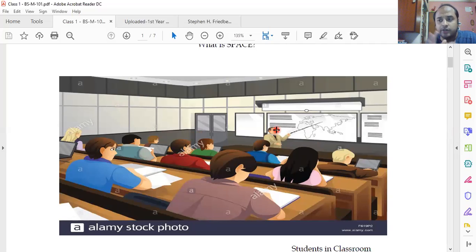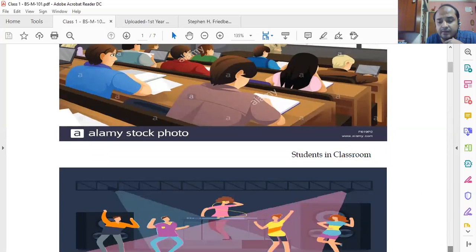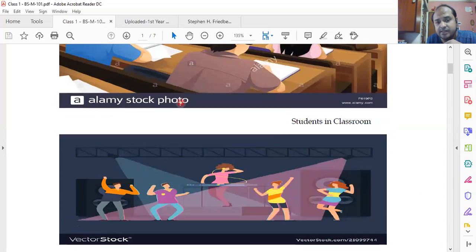But here my point of discussion is not about the teacher, because he is alone here. Here I'm talking about the students, because several students are sitting over here. So this is a collection, this is a set. Okay, and I'm going to show you in the second picture that you can imagine that in the evening,